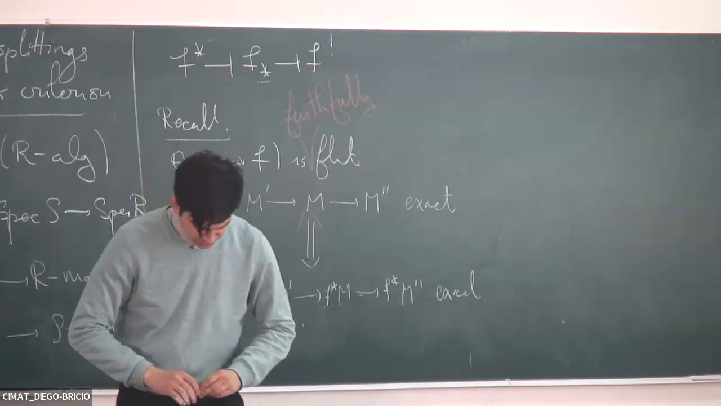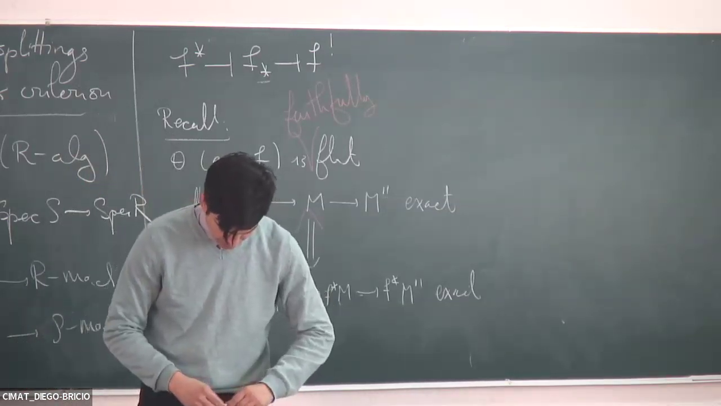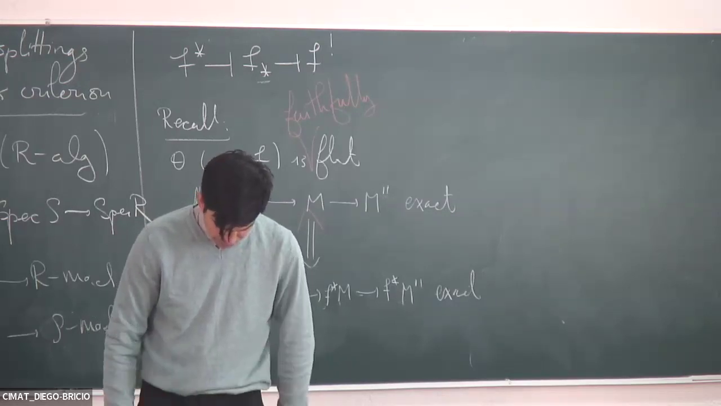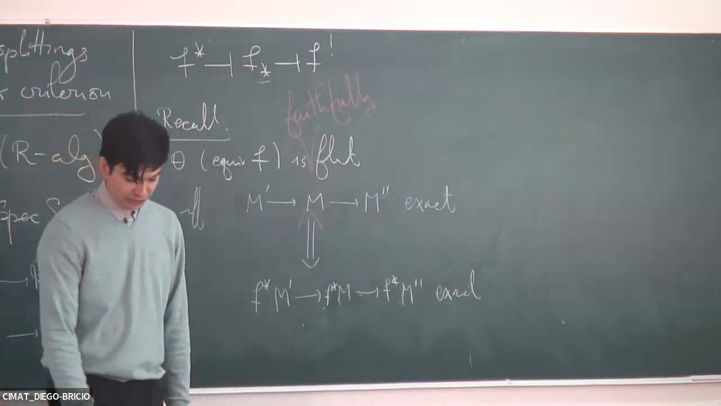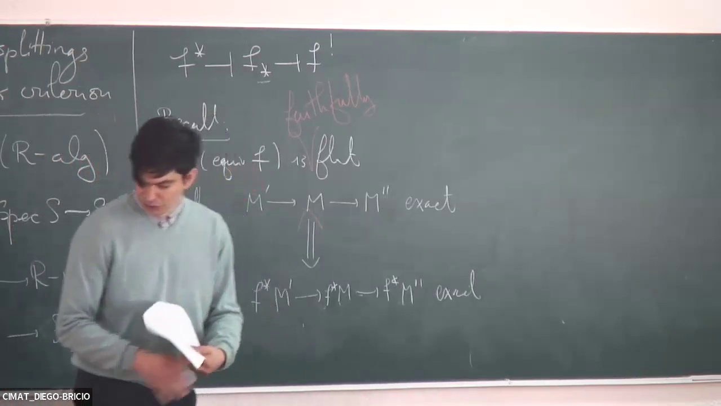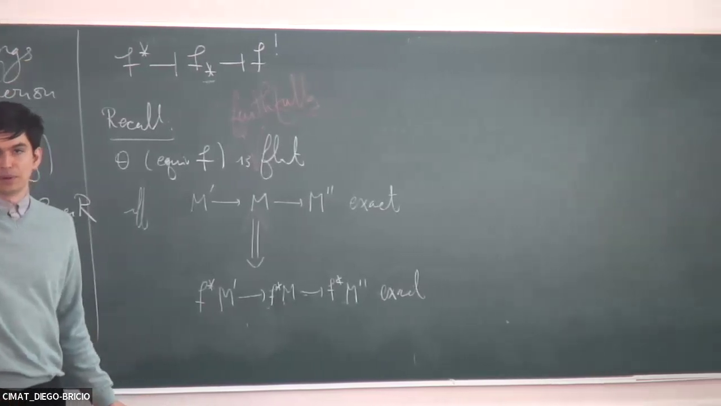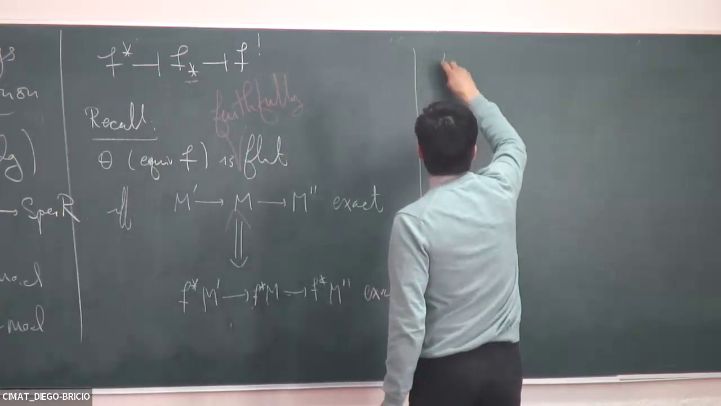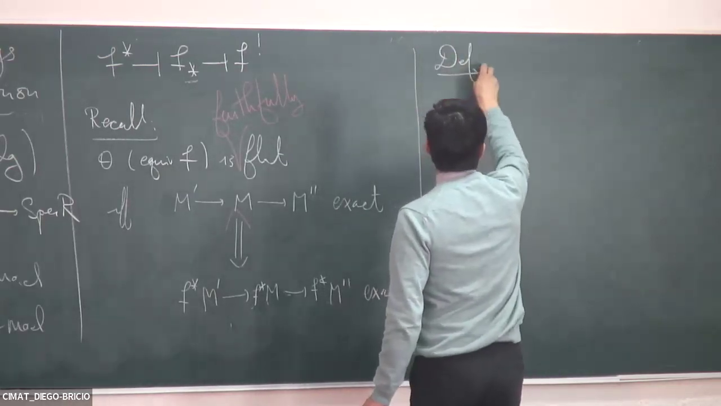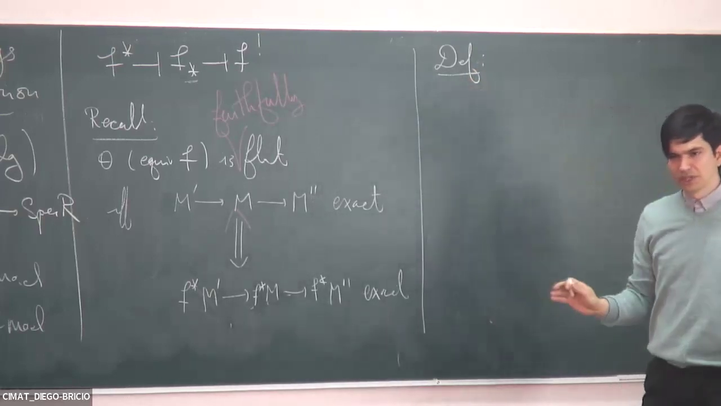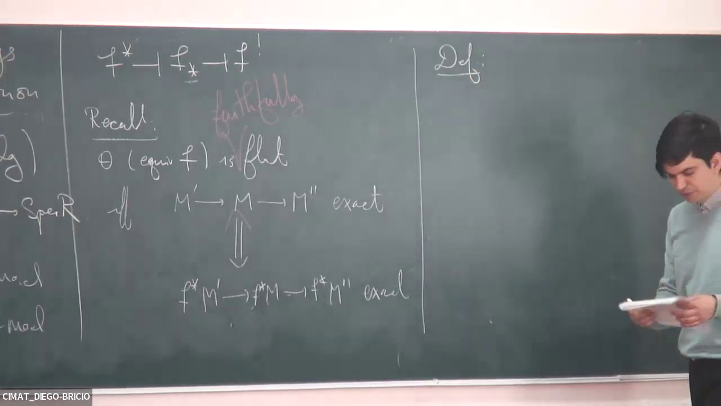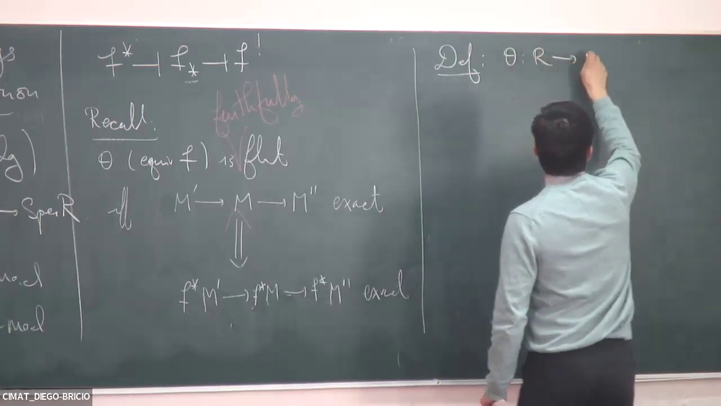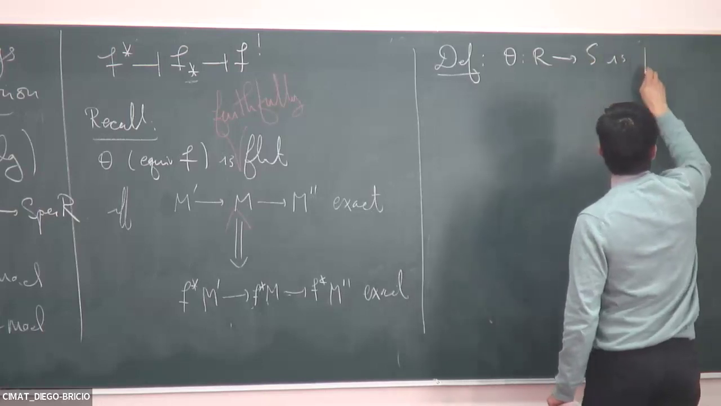Okay, the idea is now to weaken faithful flatness. So we're going to have the first candidate, which is purity. So here's the definition of a pure homomorphism of rings. I know that you may have seen this, but it's not so standard in a first course of algebra, so I'd like to refresh it. So we say that theta is pure if,